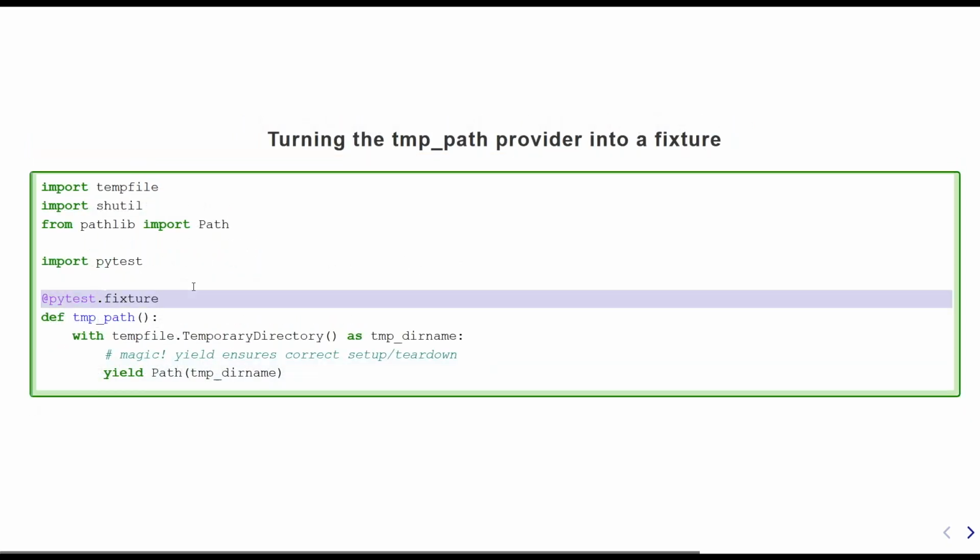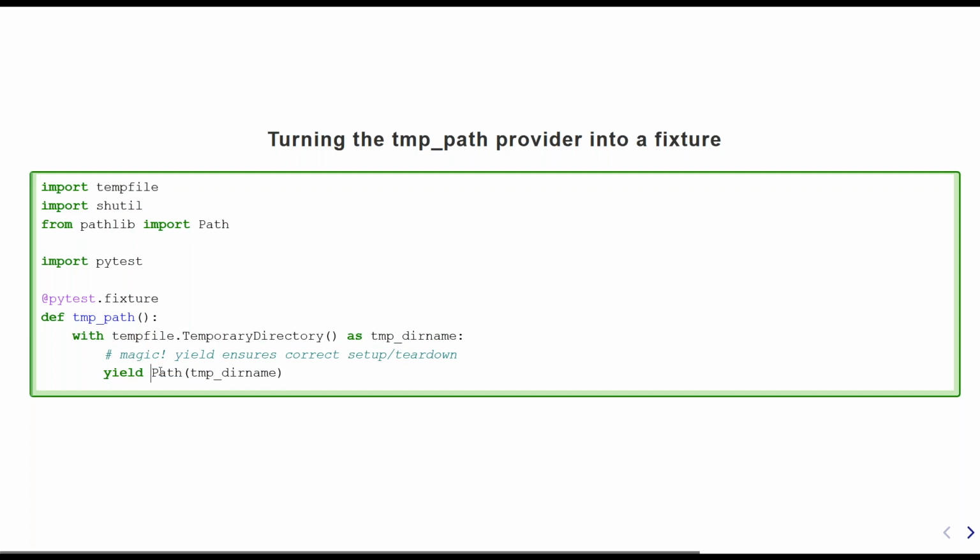So I say @pytest.fixture. This is the signal to say, PyTest, integrate this function into your run as a fixture and provide that to other tests. I call this tmppath, and I do pretty much the same here as I did before, only that here I'm not calling the function myself because that's what PyTest is doing for me. So all I have to do here is give that path back, and everything I write here is given back